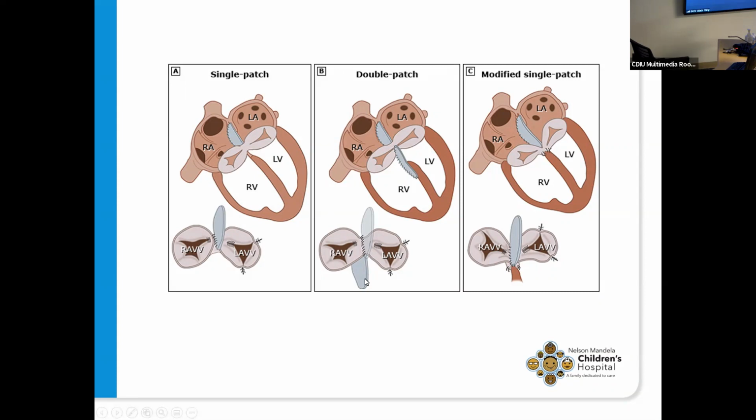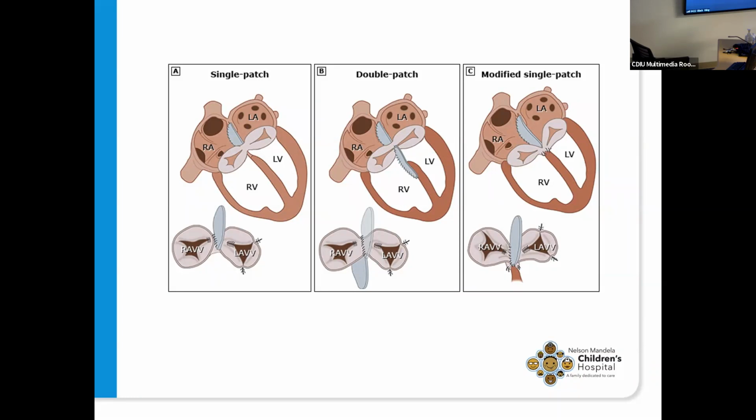shown below here. And then with the modified single patch repair, the common AV valve is directly sutured to the crest of the ventricular septum. And then pericardium is used to close the atrial component. And then it's sutured to the crest of the ventricular septum as well, as you can see here. So then at the end of the surgical procedure, there will be two valves. Well, there'll be valves on each side of the heart, on the right and the left side of the